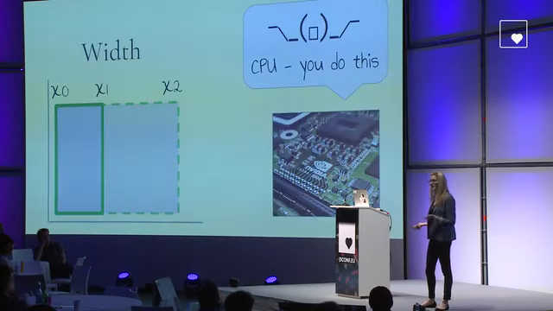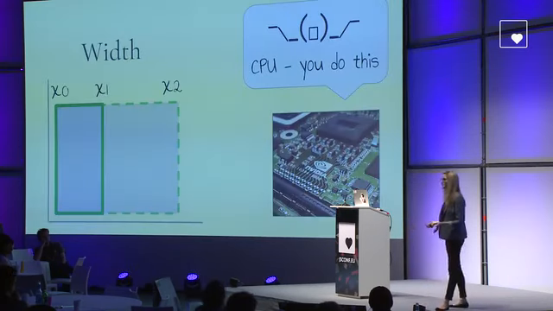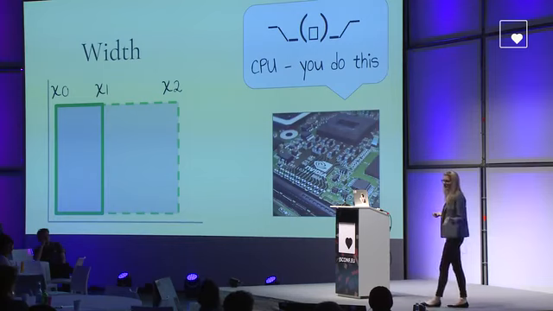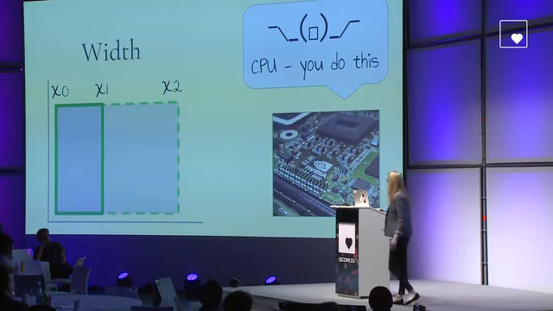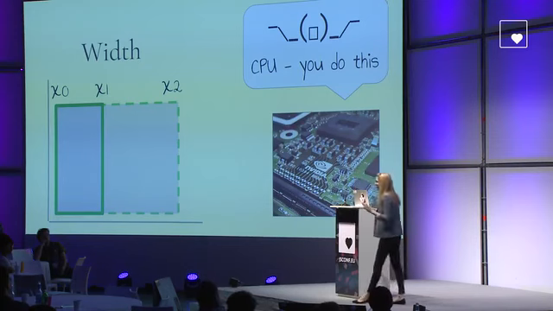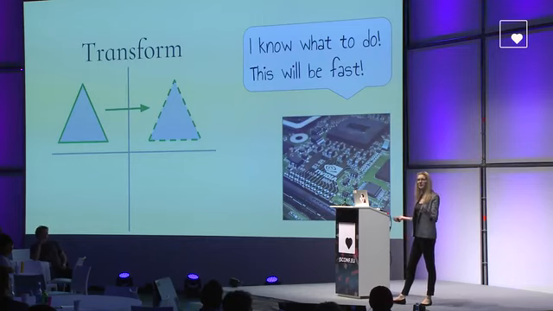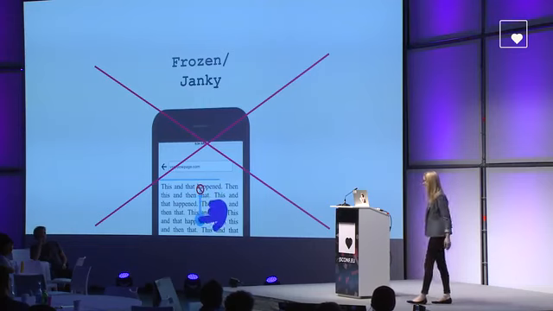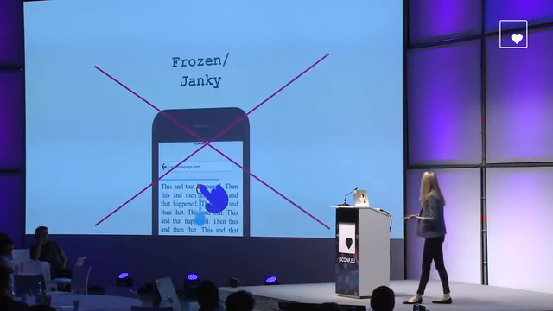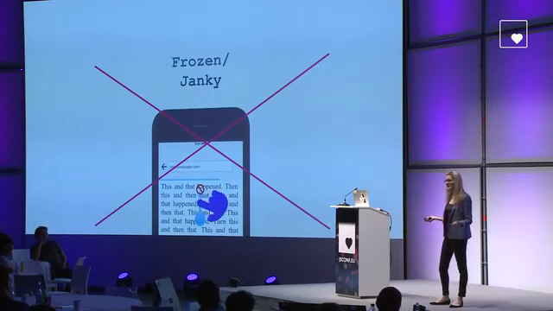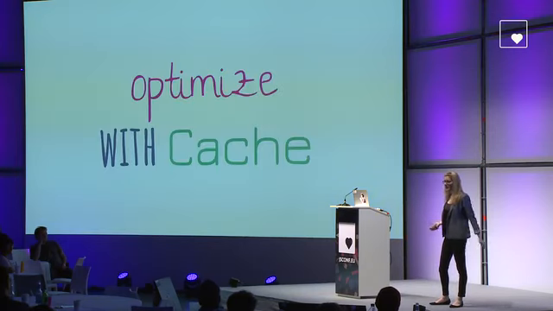So if you wanted to animate the width, the GPU is not going to know how to do it, and it's going to say, CPU, you go ahead and do this. So we don't allow width or height animations, but we do allow transform and opacity because the GPU knows how to do this, and it can do it very cheaply. So now we've gotten rid of the frozenness and jankiness,